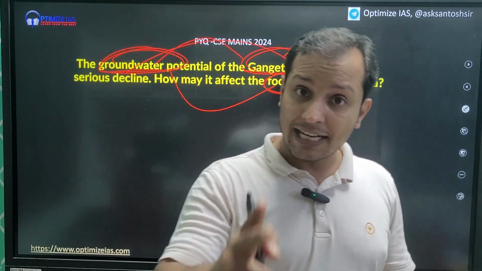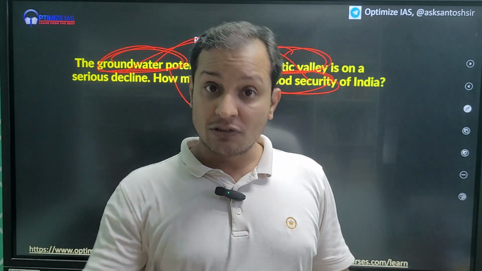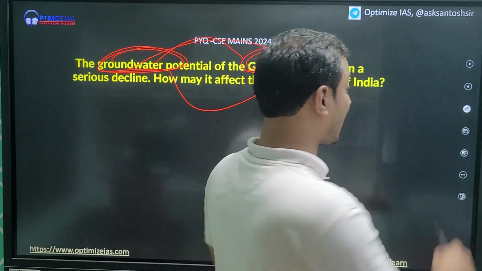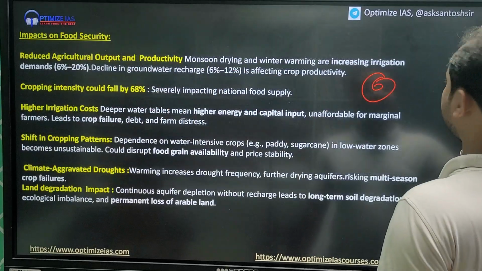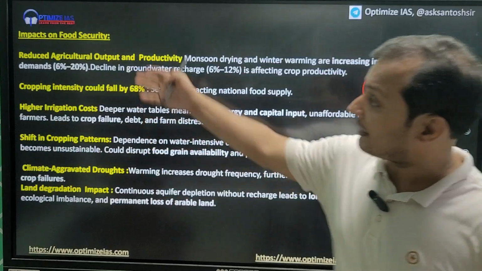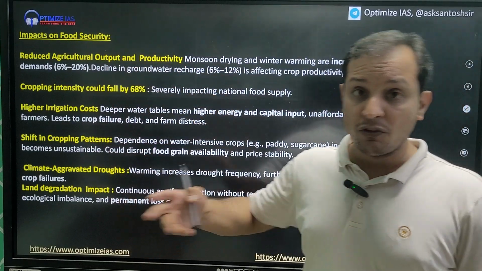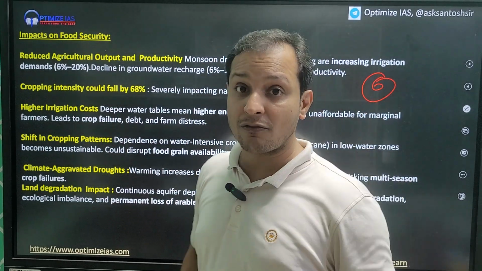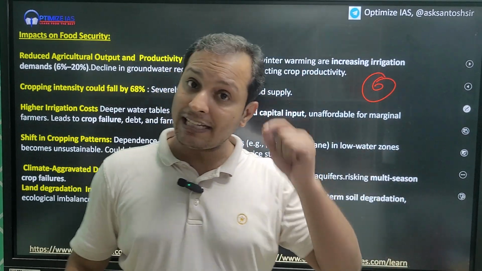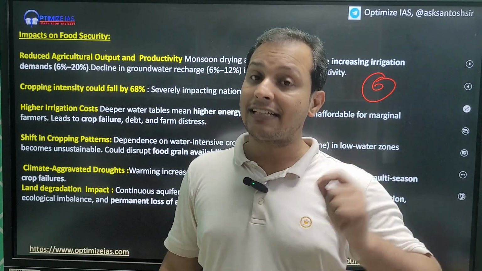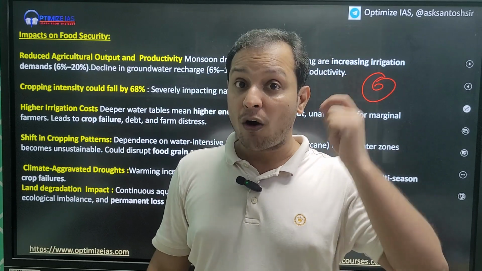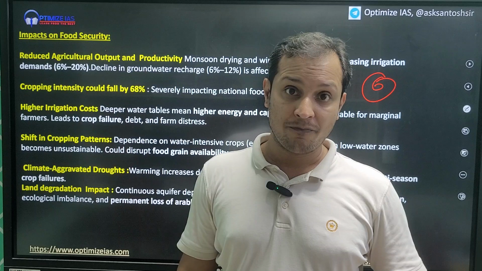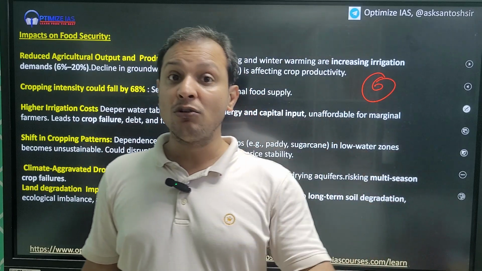If you do not draw the diagram, you will lose 1 mark. So 3 marks you are already losing if you are directly jumping here. Many people will directly start from here. You will lose 3 marks. That's the main reason why many aspirants, even after writing answers they think are good, have not written what UPSC expects.